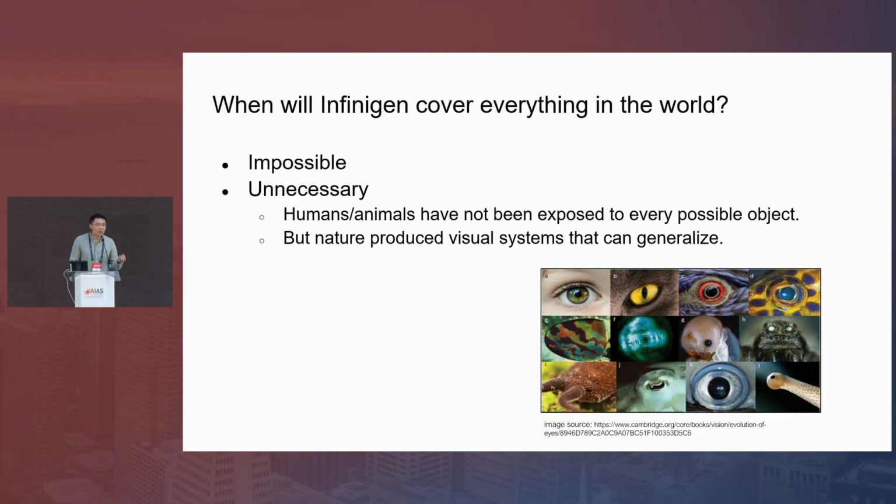One case in point is that the visual systems of humans or animals were completely evolved in nature, right? They were not exposed to every single possible object, yet they still function robustly and they can generalize to new objects. If we transfer a human being from 100,000 years ago, we expect their visual system to function normally despite the fact that they have never seen skyscrapers or automobiles.